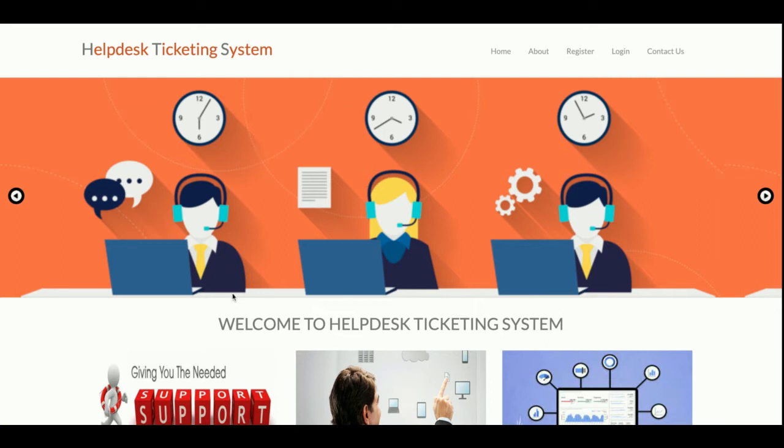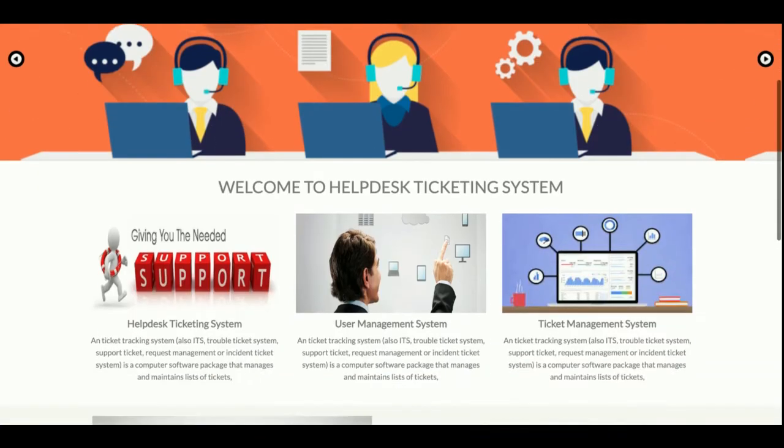This is the major project where there are two types of login available. The first one is a user login, who can raise the ticket, and the second one is the admin login, who can see the details of the ticket, post a comment, and close it. The user can also close the ticket by himself. We have provided a provision for that. So let's start with the functionality walkthrough.